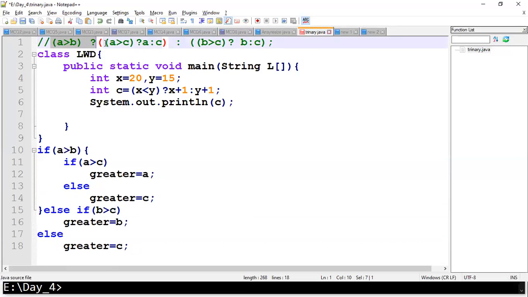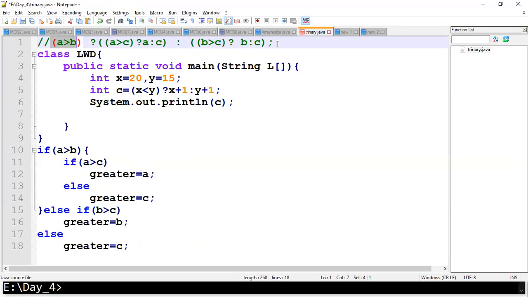The same part I have done, the major condition a greater than b. If it is true, again I have to check the condition a greater than c or not. If it is true, I have to go ahead with a. That's what here. Okay, till here. Again, the false part is what? c. So in the same way here, again colon, this is the entire true part of a greater than b, this whole module. Again, in the else part, you will be having b greater than c. If it is true, I will get the b part, the true part. Again, if it is false, you will get the c part. Okay, so this is how you have to complete.